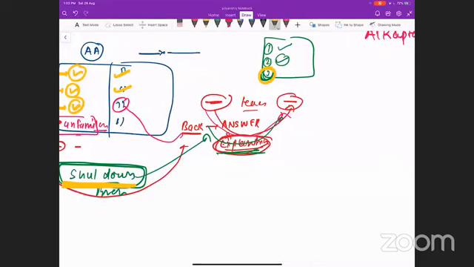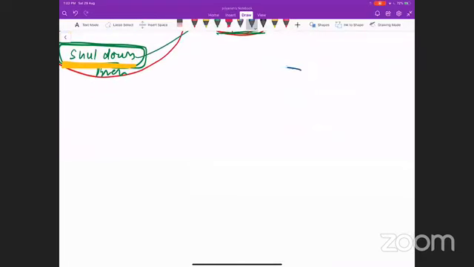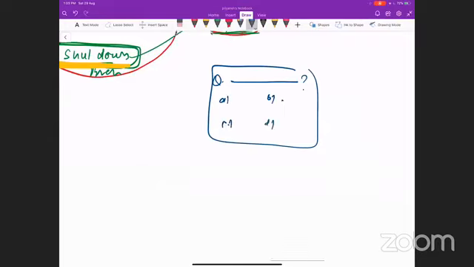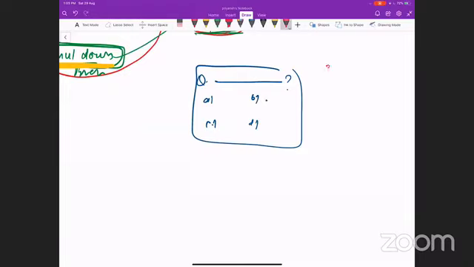As soon as you see the unfamiliar question, your brain will shut down, but there is no going back. The problem is there is no back, so you will be unable to correlate the information. So how you should practice MCQs is, whenever you see an MCQ which is very difficult for you, let's say you don't know the answer, what you are going to do is put the screen out of